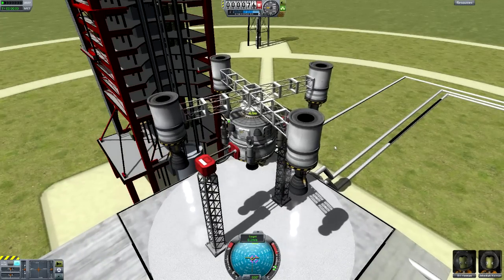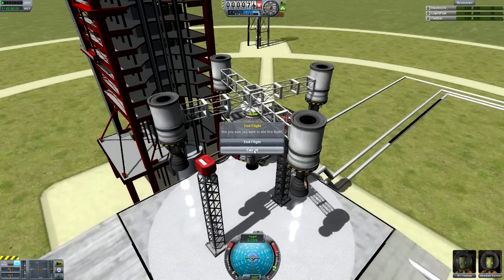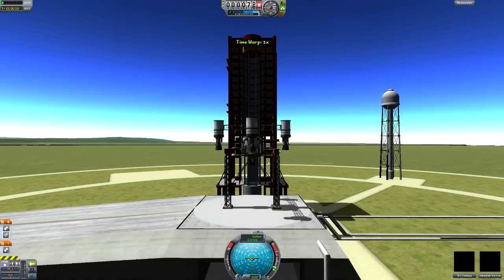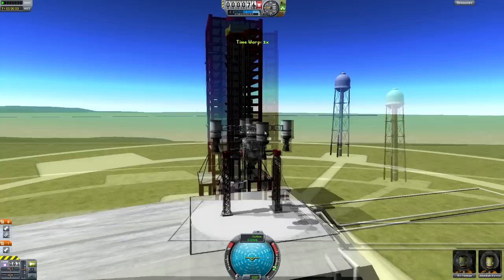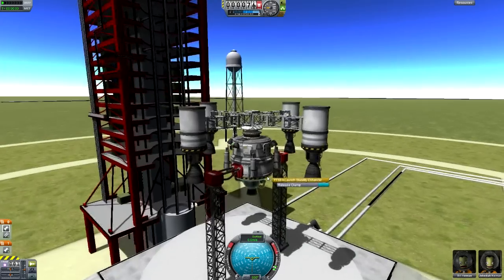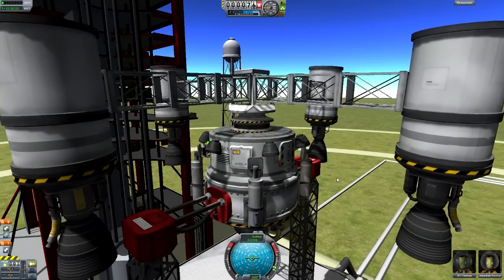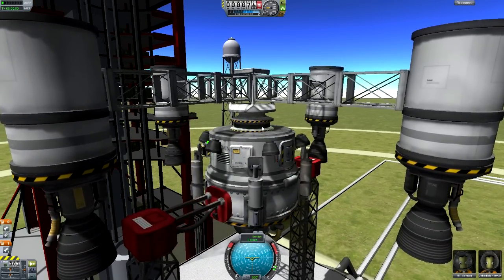So we're going to restart this. Restart flight, in flight, restart flight. And we're going to see which parts of these I need to decouple in order to make them work properly, because all I want to do is decouple it and have these fly off. If I can do that, then I know I've done it right. If not, then I know I've done it wrong. And I think I've done it wrong. So we're going to try to... No, do not release clamp. We're going to try to do it...